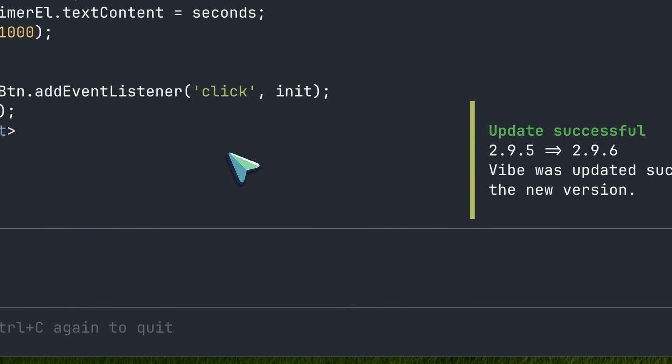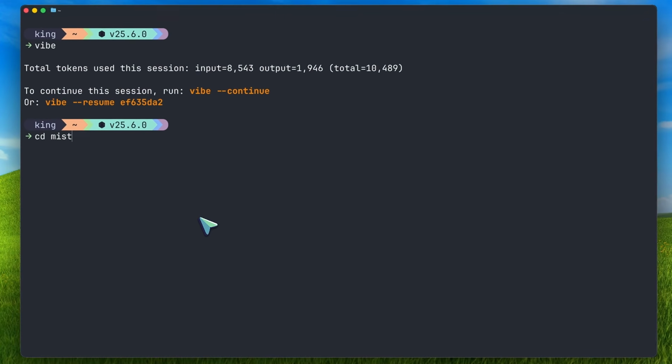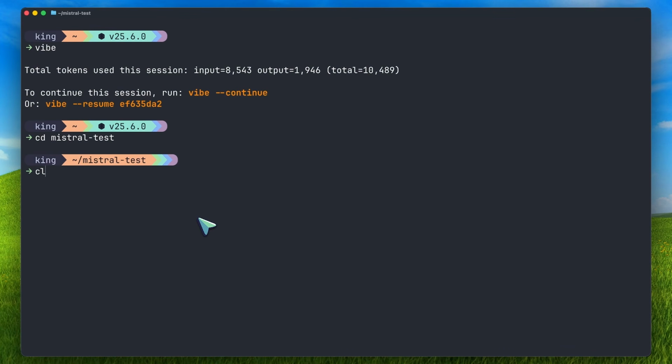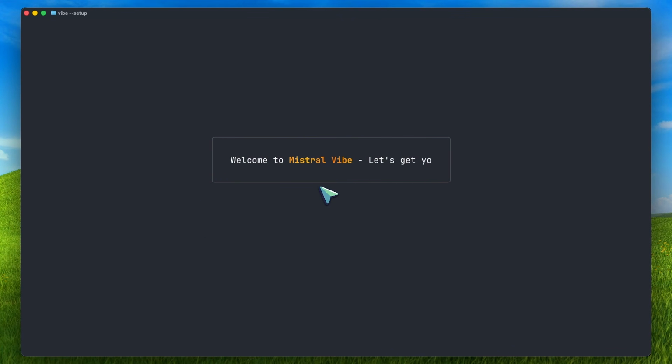So cd into your app, your repo, or whatever you want Vibe to see, then run Vibe. If you want to run the setup directly, you can also run vibe --setup. That brings up the API key setup flow, which is what I'm showing here. The setup screen tells you to grab your Mistral API key from Mistral AI Studio and then paste it into